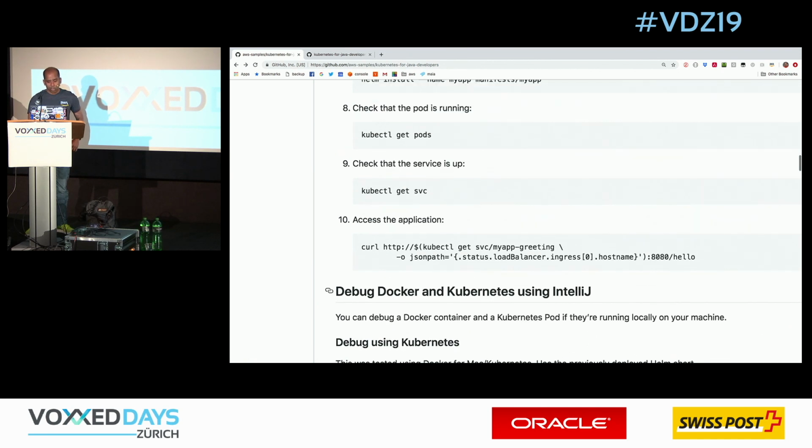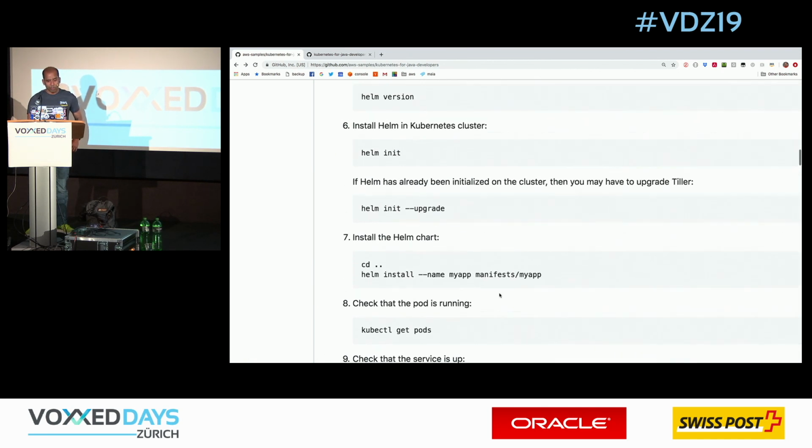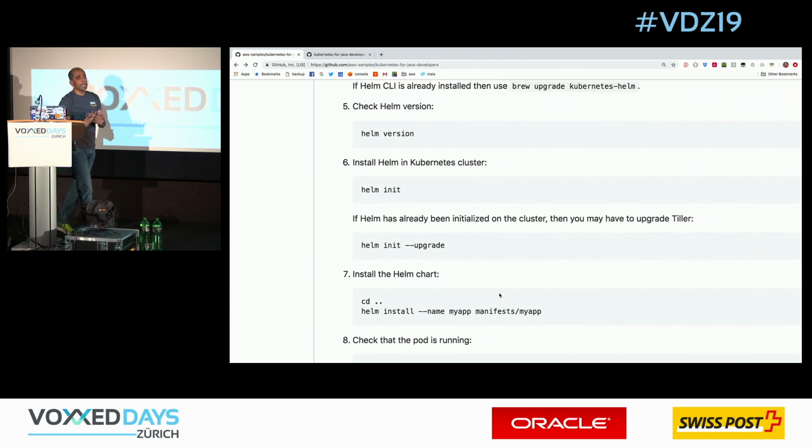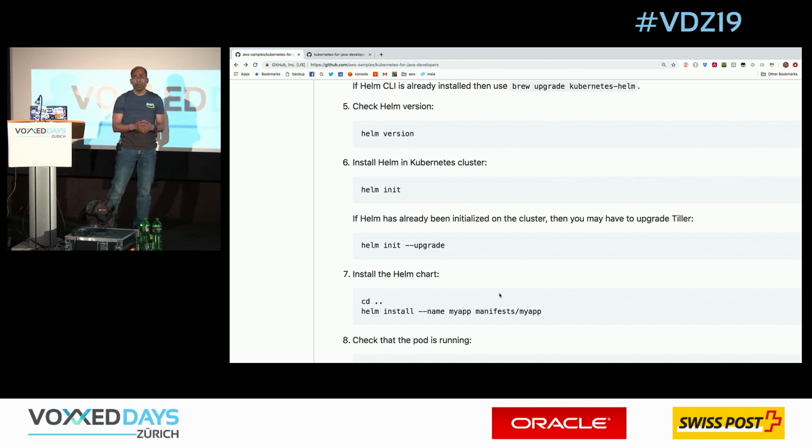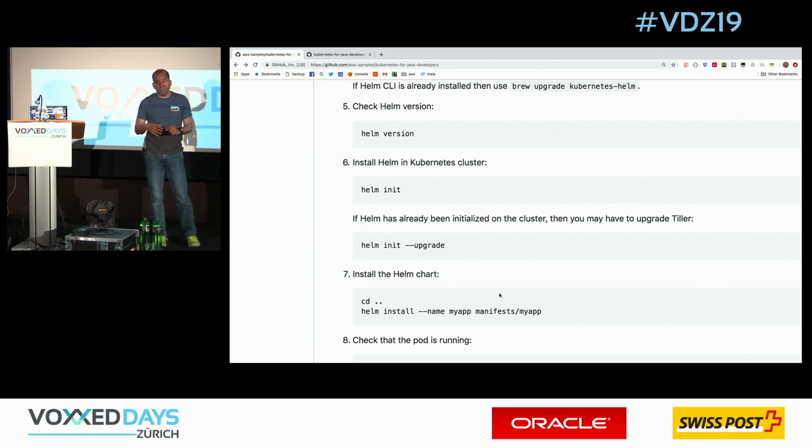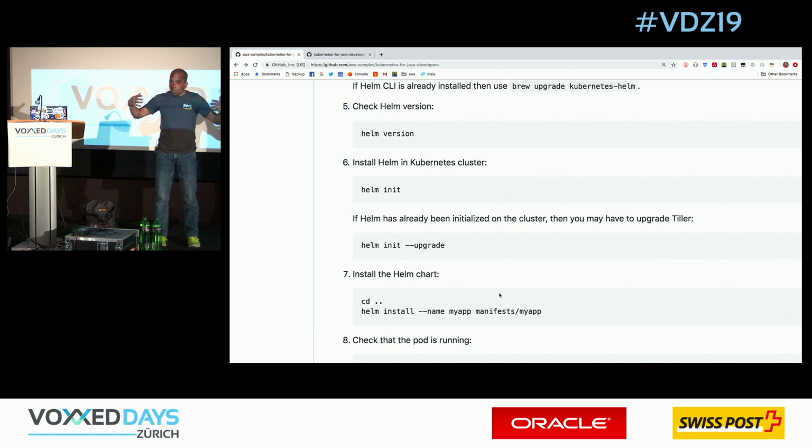So once I've created a cluster, then what I need to do is deploy that application to the cluster. Now, remember we talked about the concept of my application consisting of multiple microservices, and each microservice is essentially nothing but a pod spec. And there are multiple ways by which you can create a pod spec, but how do I coordinate the creation of all of those pods together? How do I give it the meaning of an application? And that's where the concept of Helm chart comes in.